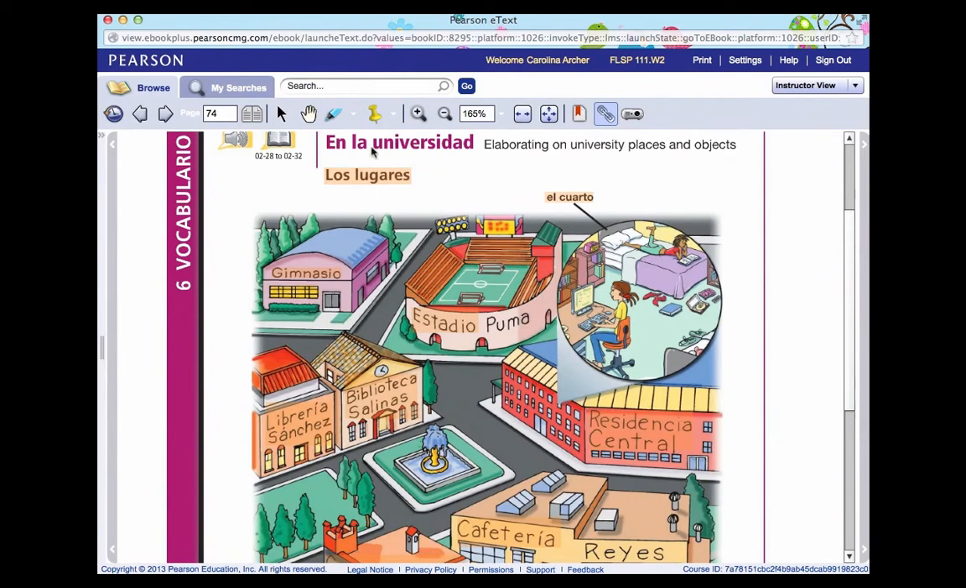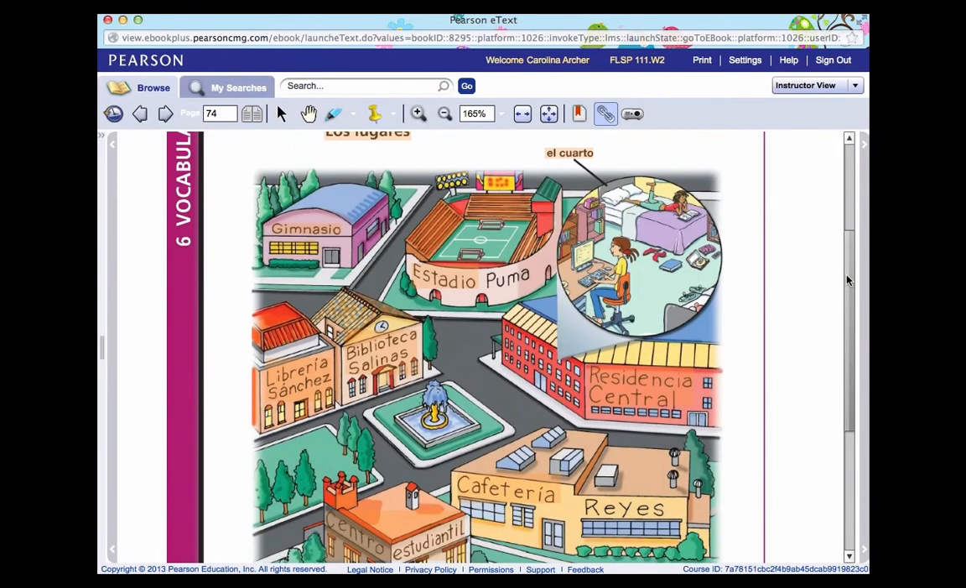So, los lugares around campus, okay, the places, los lugares. We have some new vocabulary here, okay? So we have el cuarto, the room or the dorm room. Cuarto means just room, okay? And el cuarto está en la residencia. The residencia is the dorm, the residency of the students. Okay, so la residencia, el estadio, the stadium, el gimnasio, the gym,